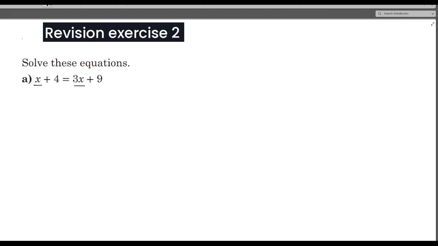Hello everyone, this is your Algebra 1. Let us revise your exercise 2. The first problem you have is: solve these equations. Now this is a linear equation